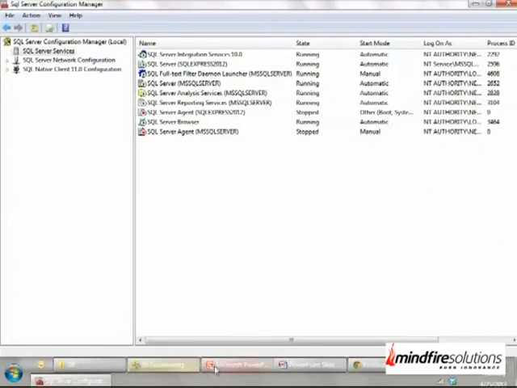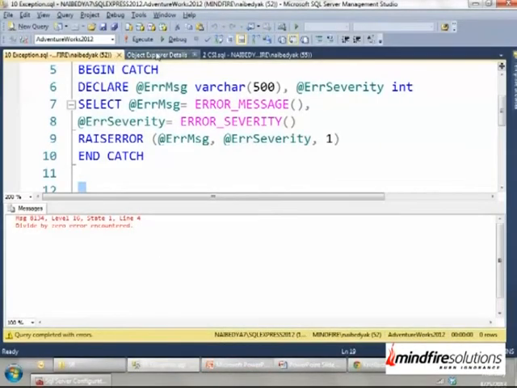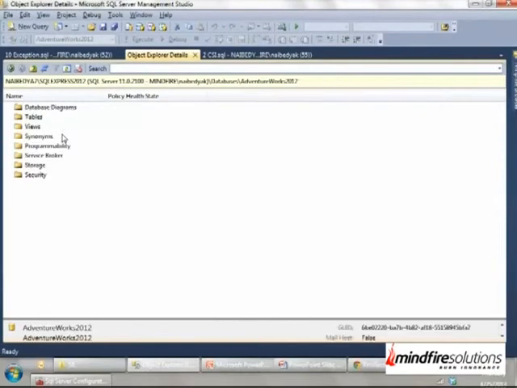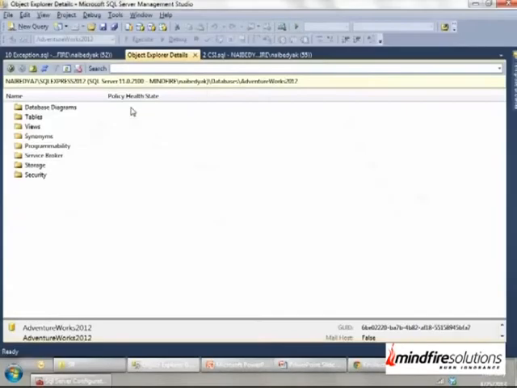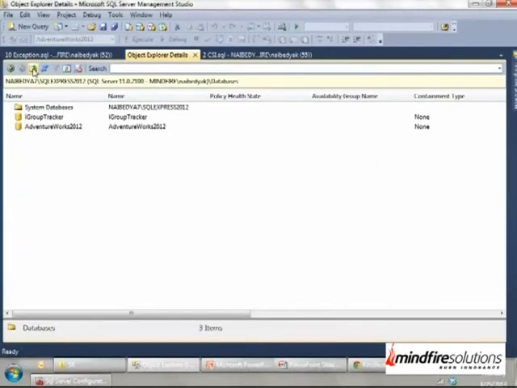File stream access level, I'm going to enable it. Okay, so now I have enabled file stream for this instance and for this database server actually.